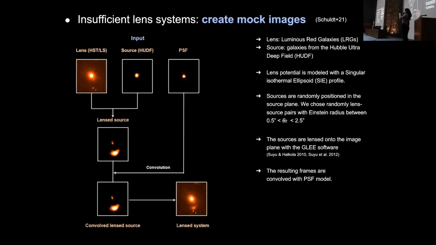So we basically painted the arcs to obtain this lens system so that we can have more lens systems for the training. And finally, what we did was to save the parameters, and we recreated the same mocks for the low resolution images so that we can have the same systems in the different colors, and also in HST, the high resolution image.